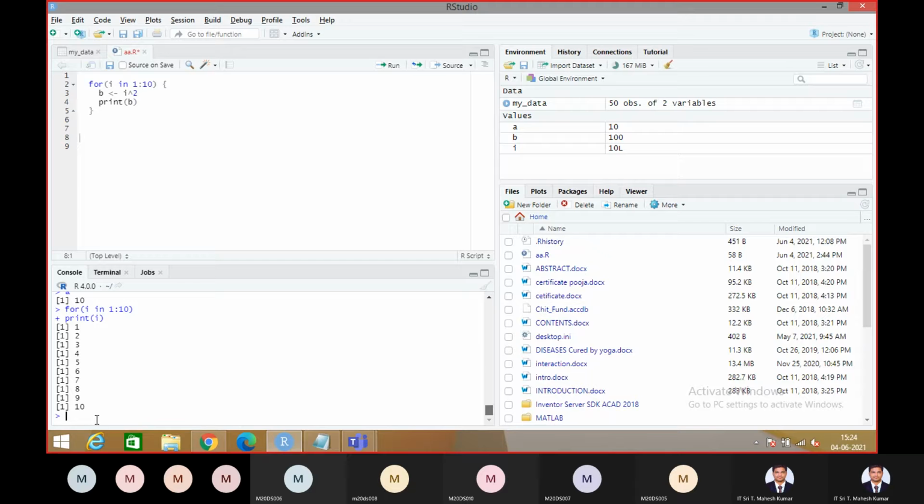Immediately we'll have the answer. But whenever you have several lines of code, or you want to include some conditions, this is the most suitable.